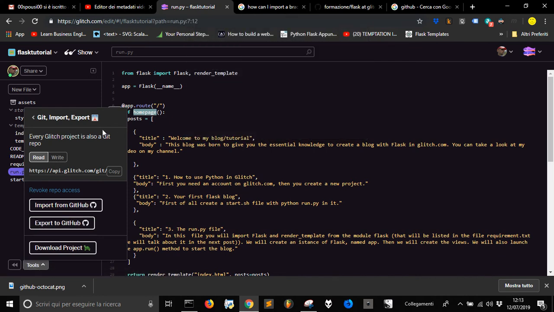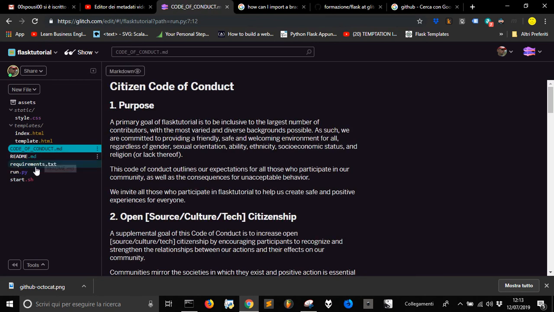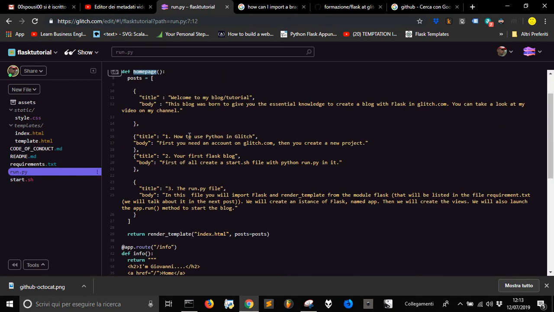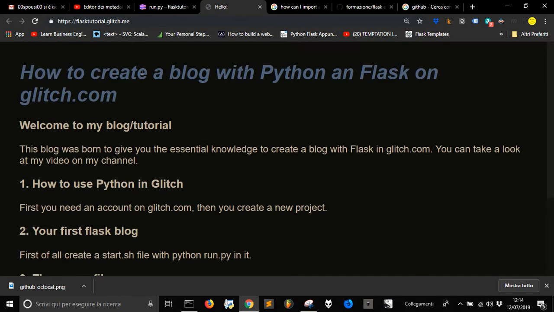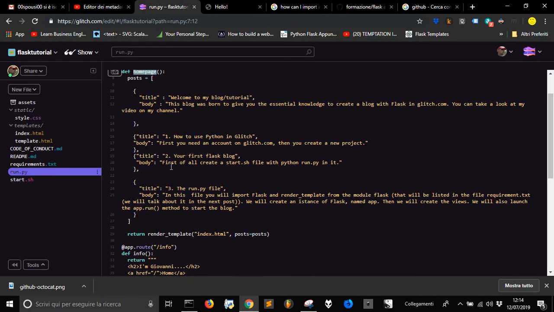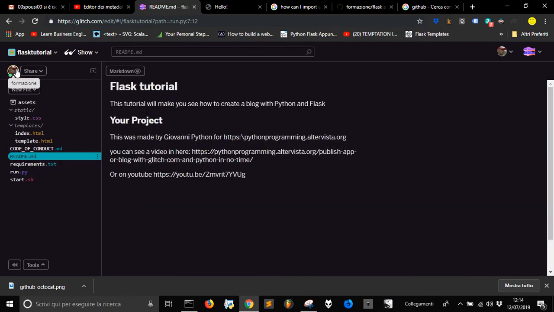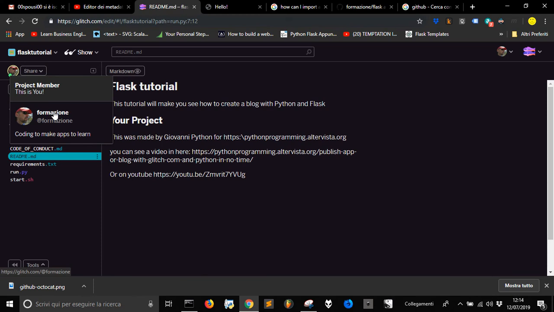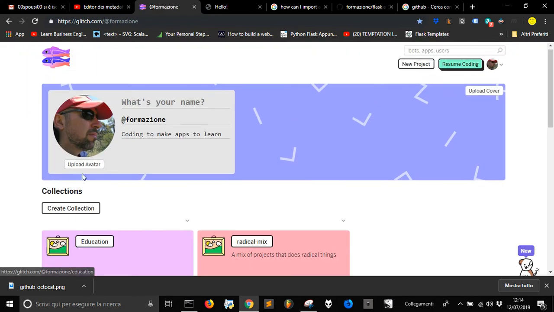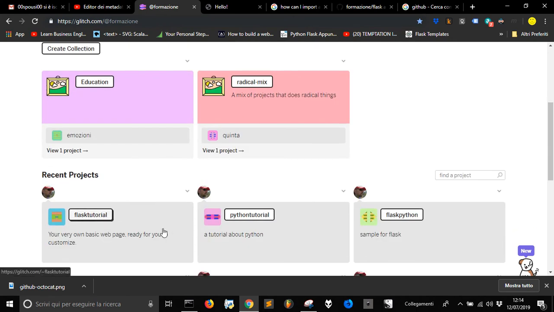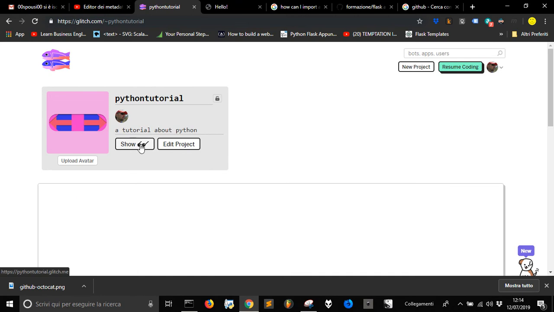Now if we want to import this, to avoid having to do again all this stuff, and just change something in here, to obtain this and change the writings without having to write again all the code, what you can do is go into a new project. I have already created a new project, and that is this one, Python tutorial. And I also want to suggest you